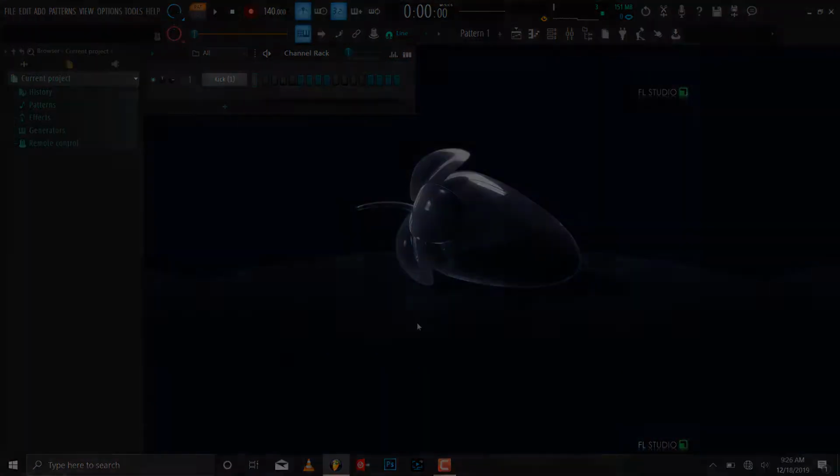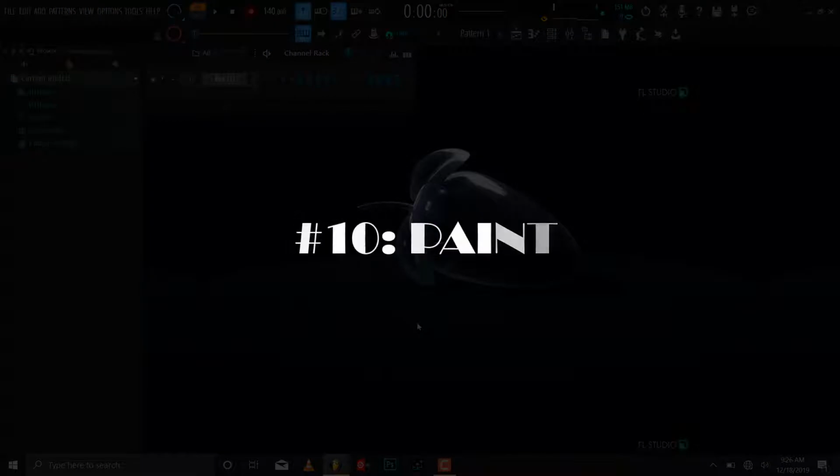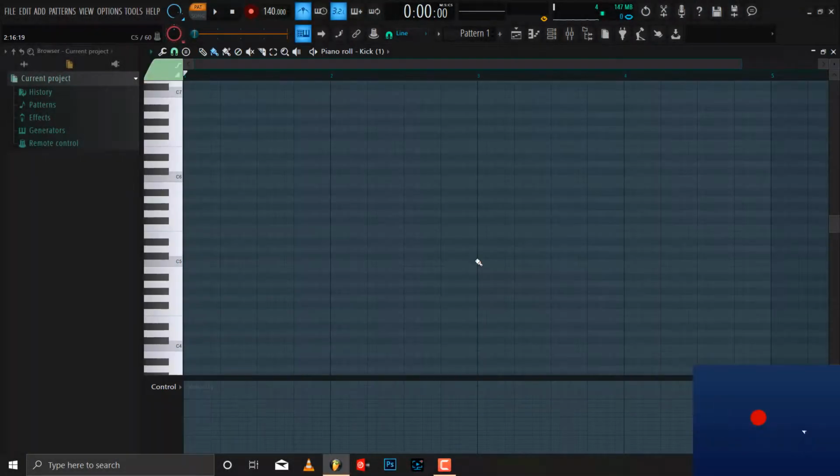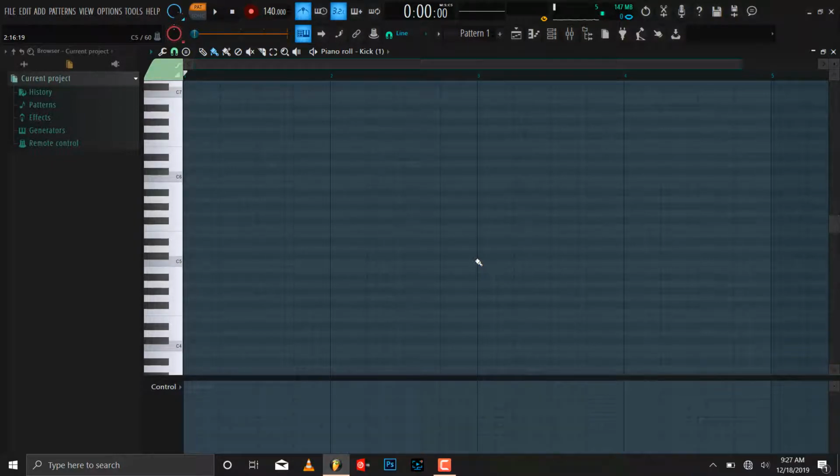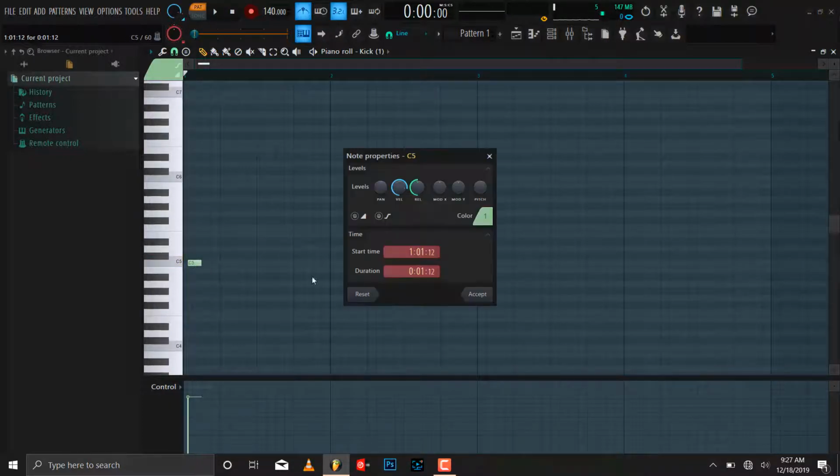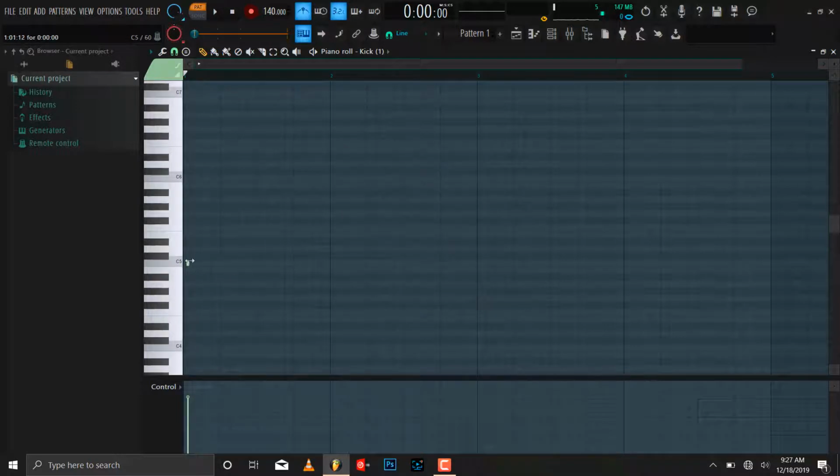The next trick I want to show you guys is how to maximize the use of the paint tool, because I realize a lot of producers underuse the paint tool. Okay, so to use the paint tool, it's simple. First of all, you'd like to set your notes to infinite. I have mine set to infinite already. If yours isn't set to infinite and it looks something like this, simply double click, then drag the duration down to infinite, then you click on it,